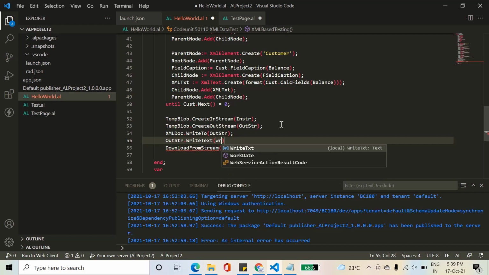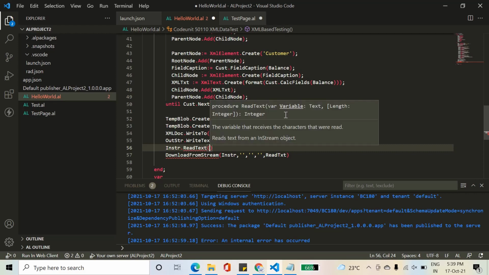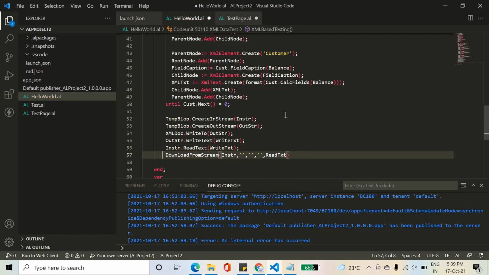We will write it to the write text. Okay, now in stream will read the text from the write text, and that's it. We are done now. We have passed this information, whatever available in the XML doc variable, to the outstream. Then from the outstream we pass to the write text, and then from the write text we are reading the text into the in-stream, and then we are now streaming our data from the in-stream variable,